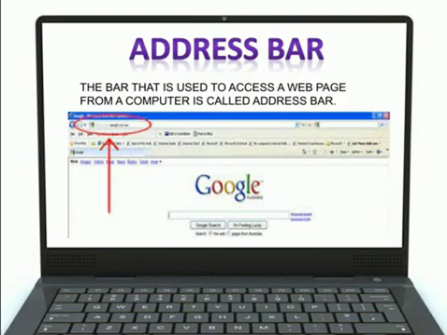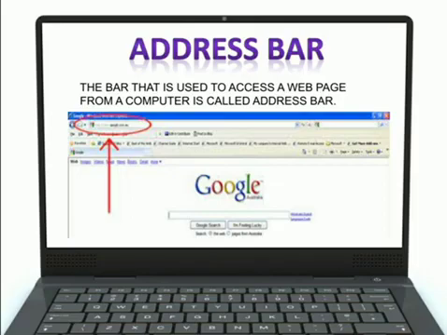Okay. Now, you are able to see a whole picture of Google. In the upper left corner, there is a red encircled area. This area is the address bar. The bar that is used to access a web page from a computer is called the address bar. Kids, each browser uses a form of the address bar.